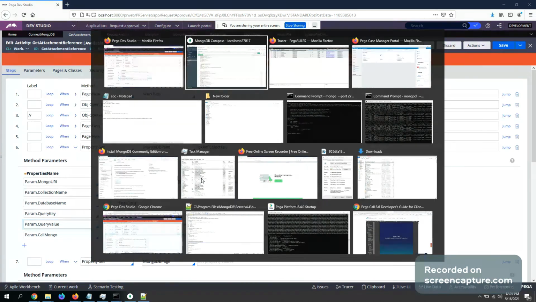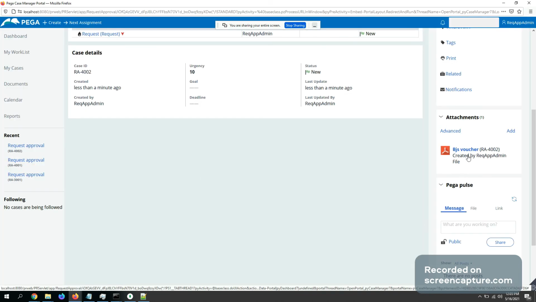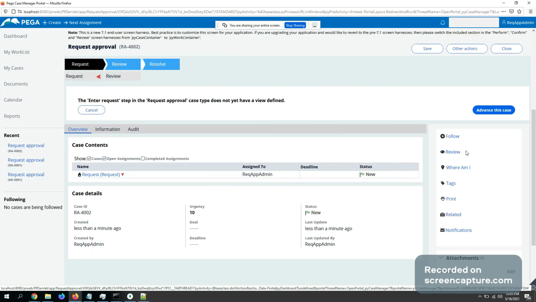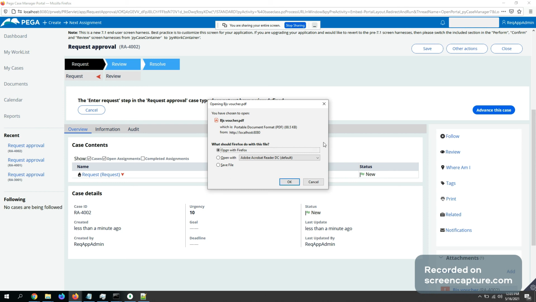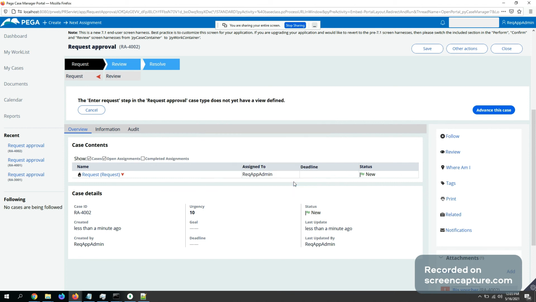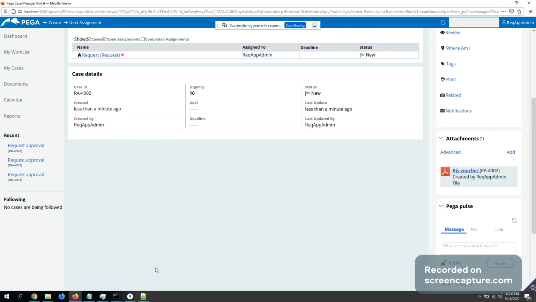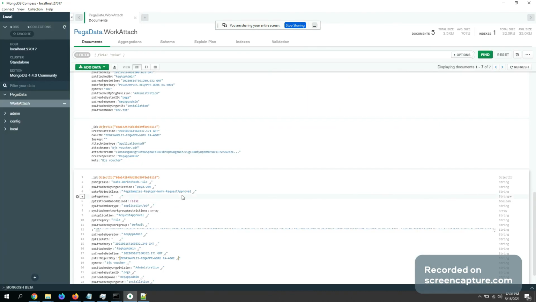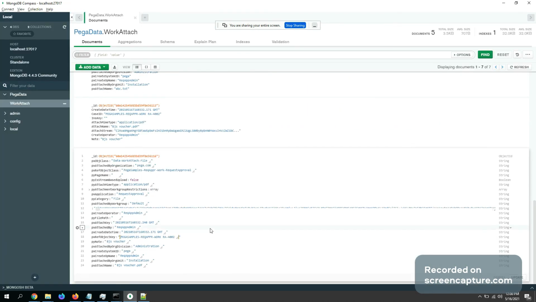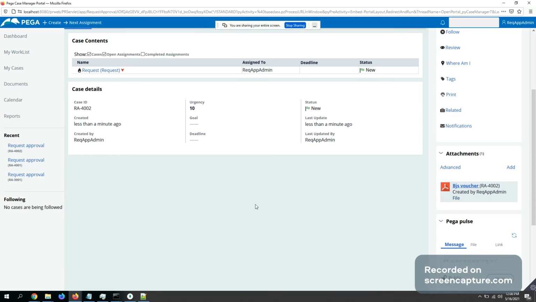Now let's go to the object and click on it. Yeah. So save file or open with Firefox, whatever, save, it will be downloaded, right? It will be downloaded from the same DB collection record. So if you go to the downloads folder, you can see that it is downloaded.